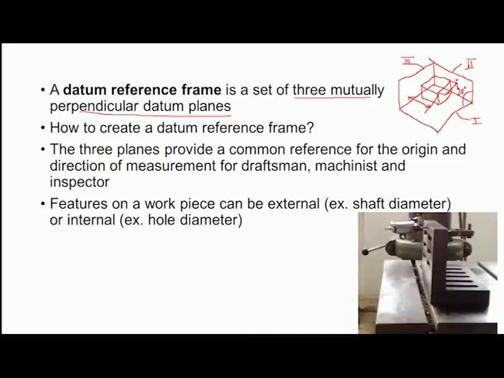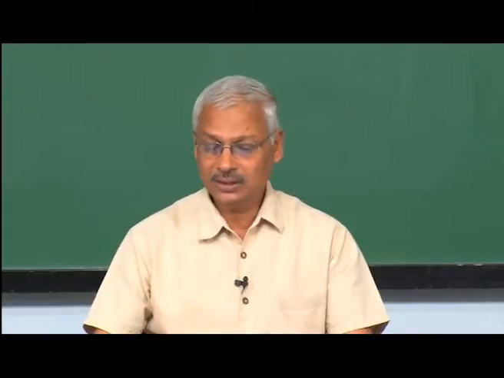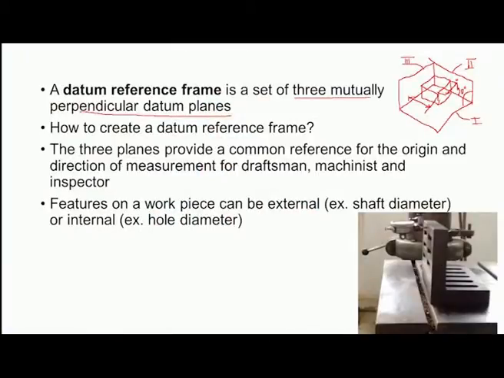So, this is the datum reference frame, but how do we physically create the reference frame so that we can use it during physical measurement? Now, you can see here we have a surface plate. This surface plate can be used as primary reference surface or horizontal reference surface. Now, an angle plate we have to keep on the surface plate, wherein this inclination is 90 degrees. So, now we have formed the vertical second reference surface.